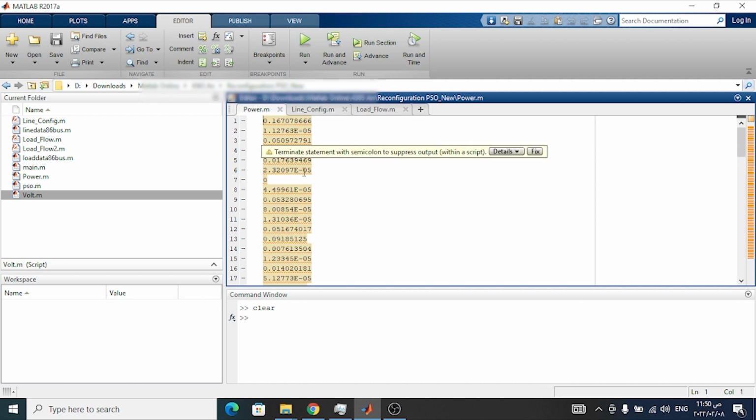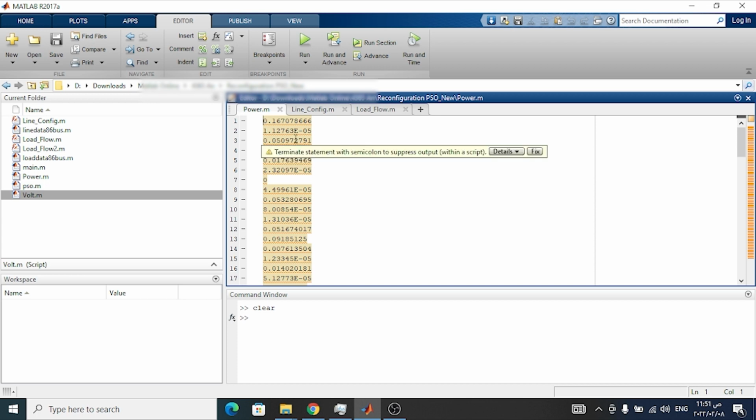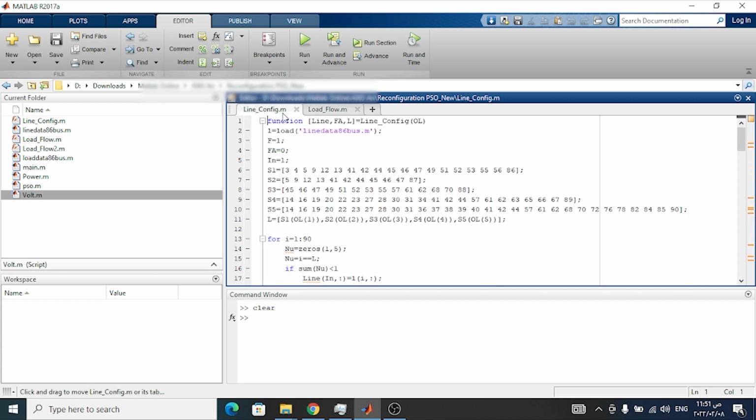So to simplify that, we printed and saved it in this file, and also the power loss. This is the power loss in each bus. How much is the power loss? This is the per unit power loss, multiplied by the base MVA. This is also to simplify the code. And after that, the important